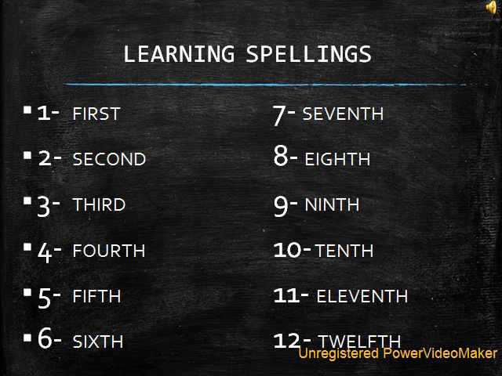Now students, you can see the difference between the number name and the ordinal number spelling. In number name, we write 4 as F-O-U-R. In ordinal numbers, we add TH. Usually, we add TH as a suffix to every number. Suffix means at the end of every number name. Okay, let's continue now. Fifth. F-I-F-T-H. Fifth.